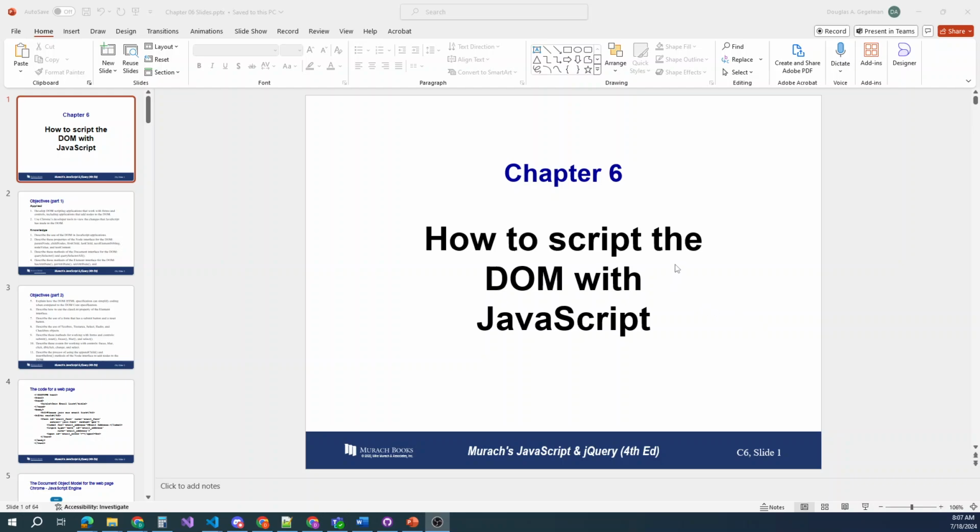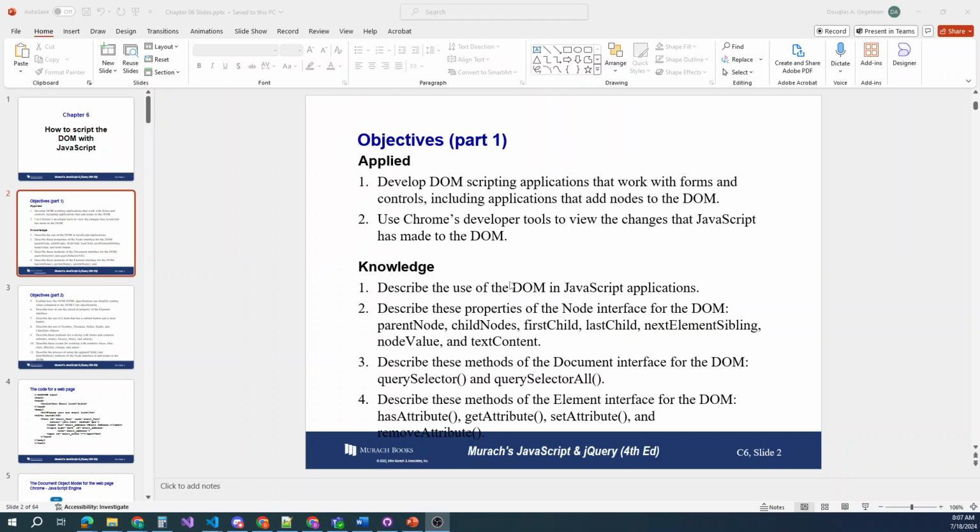So chapter 6, how to script the DOM. And what's the DOM mean again? Document object model. Yep. JavaScript, you use the DOM quite a bit just because you can manipulate it using JavaScript, have it do some things that you want it to do, whether it be change colors, add text, remove text, get values, stuff like that. So objective, part 1, develop DOM scripting applications that work with forms and controls, including applications that add nodes